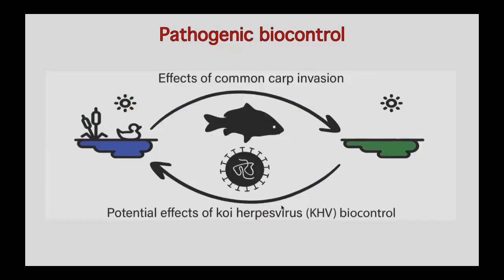So the problem that we have is a density-dependent relationship with carp, where when they get to be too dense, then you start to see this stable state shift. And pathogens like herpes virus, for instance, are ones that kind of thrive in those types of environments. So I think this is a really interesting and promising tool.